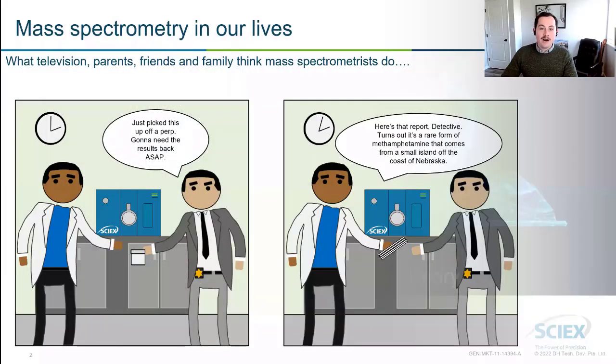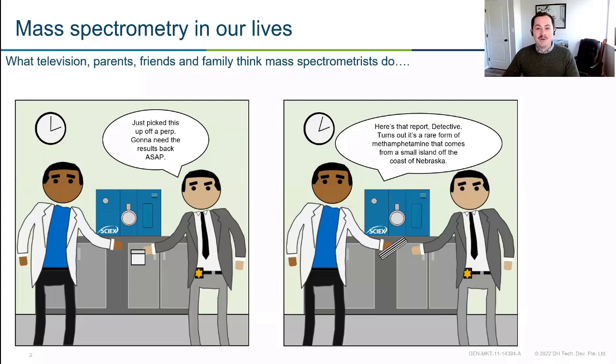If we take off our science hat for a moment and think about how the general public interacts with and views mass spectrometry, friends and family might be familiar with it from something like a TV show. In fact, if you have told anyone you're a chemist within the last 7 years, they probably responded with, oh, like Breaking Bad. And that's fair. They did use mass spectrometry in Breaking Bad to test the purity of methamphetamine.